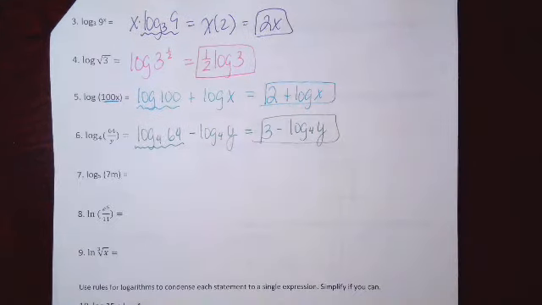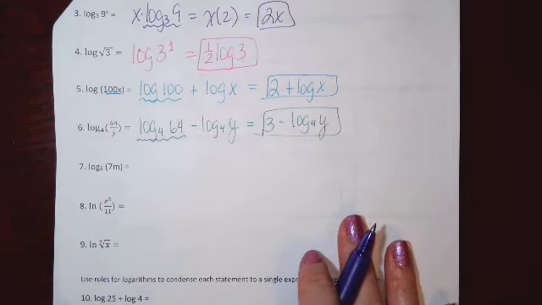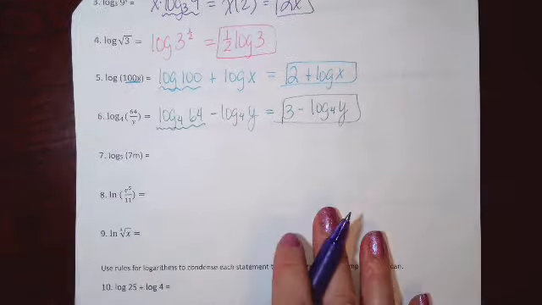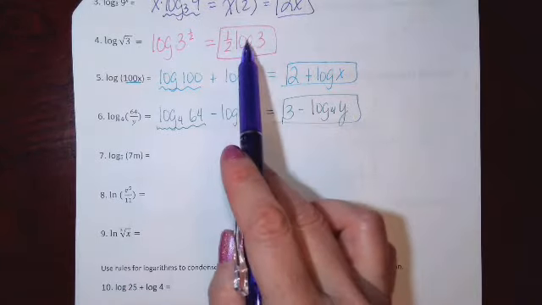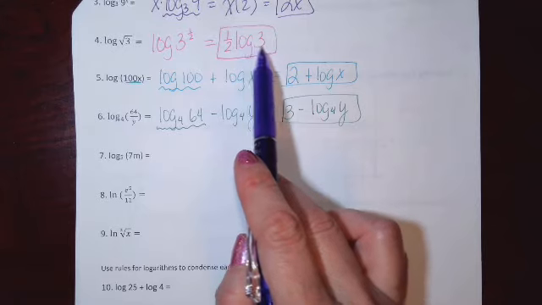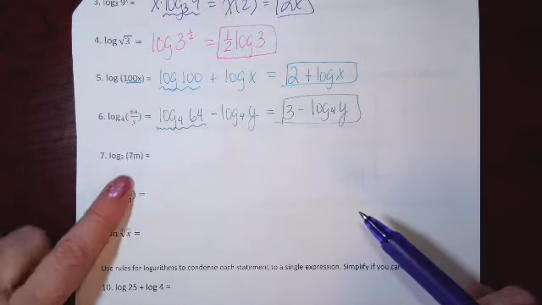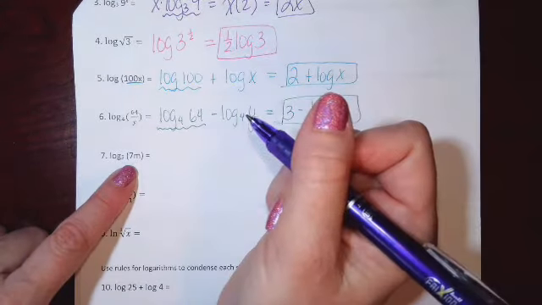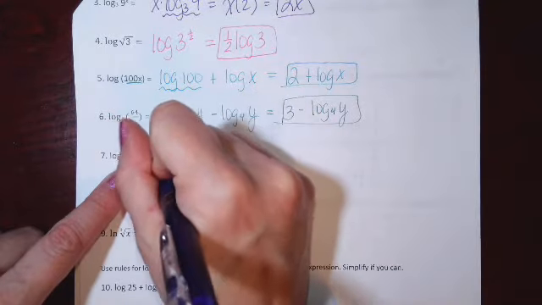So sometimes we can simplify things, sometimes we can't. We do our best to simplify anywhere we can. Unless we're told to approximate, I wouldn't use my change of base formula here, or I wouldn't use my calculator here to find log base 10 of 3 because I wasn't told to approximate the answer and round. Alright, property here is the product property again because I'm multiplying, and I know that multiplication